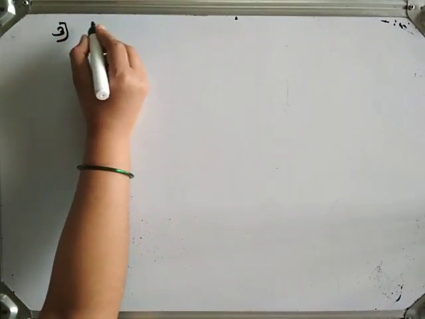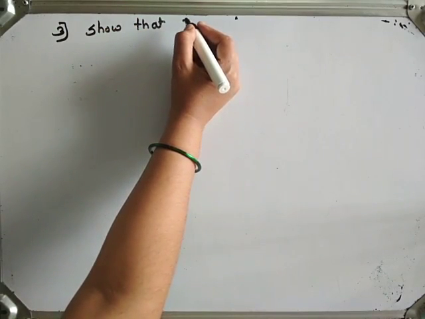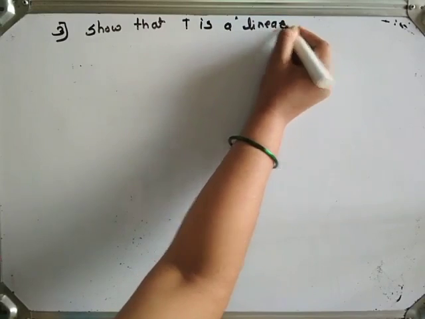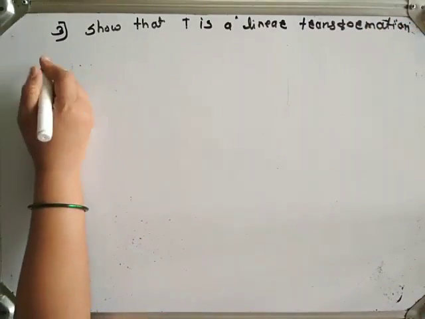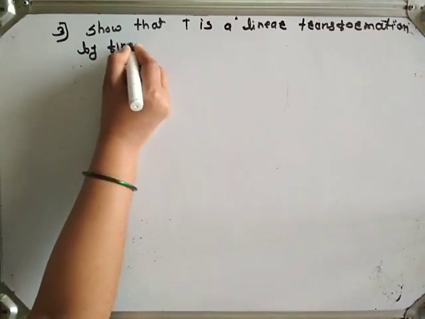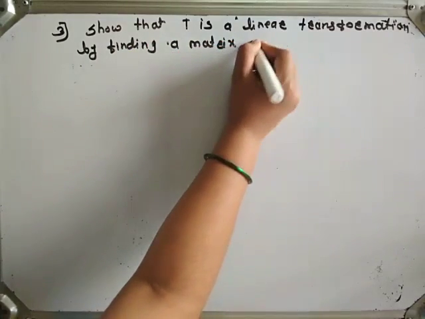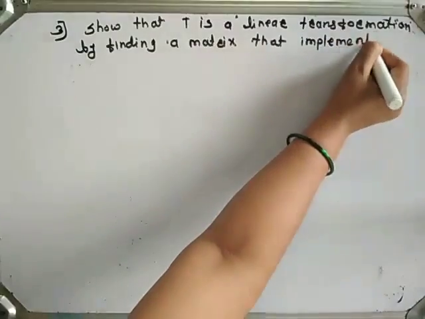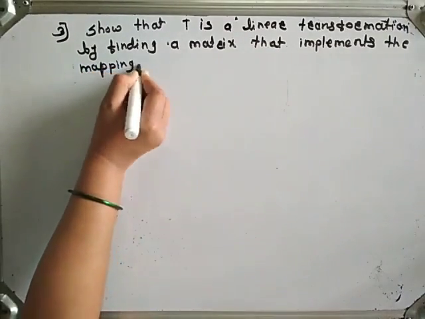Let us take next example. Show that T is a linear transformation by finding a matrix that implements the mapping, where